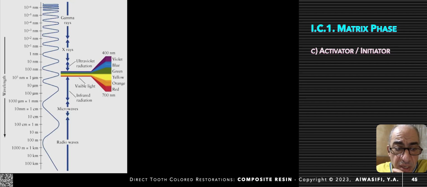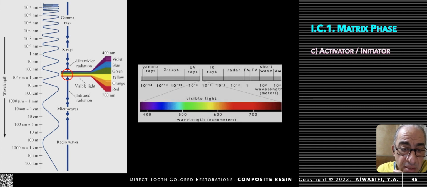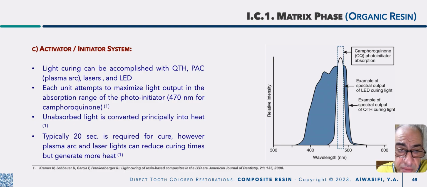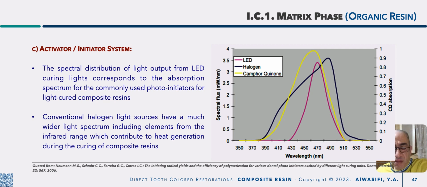This illustration shows us that we are working in the blue light zone of the visible light, okay. This is the blue zone, which has a range of 460 up to 480 nanometer, okay, because at this range the energy in 20 seconds could decompose our camphoquinone initiator, okay. But there is an important issue. We have many devices, mostly now